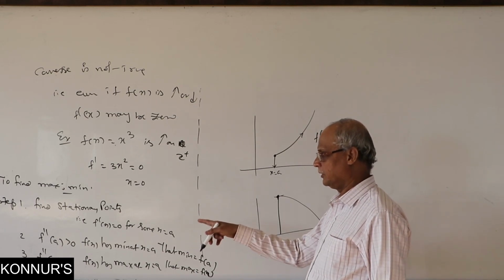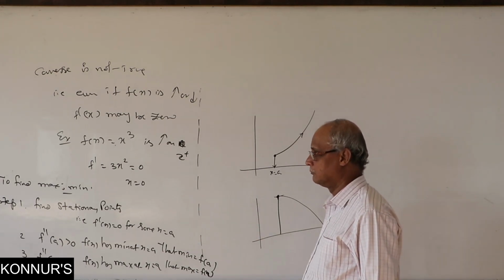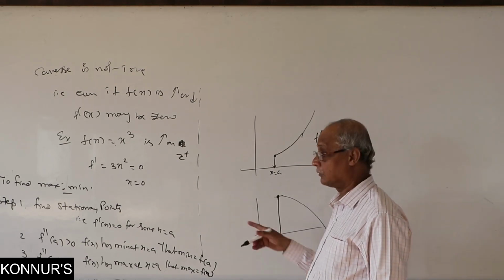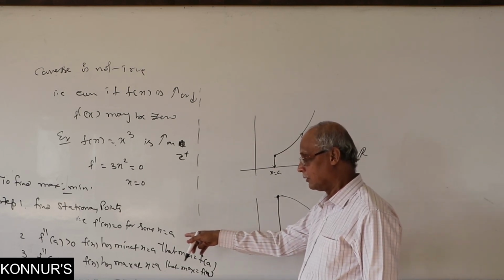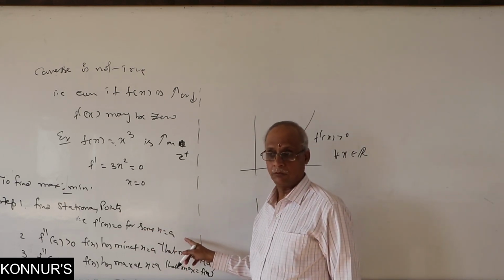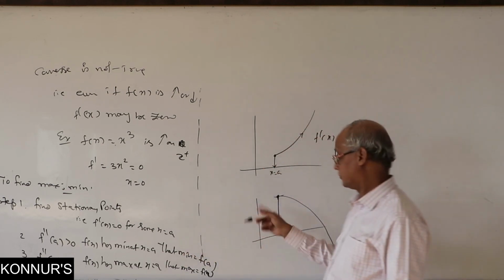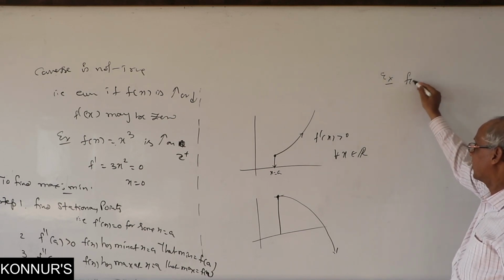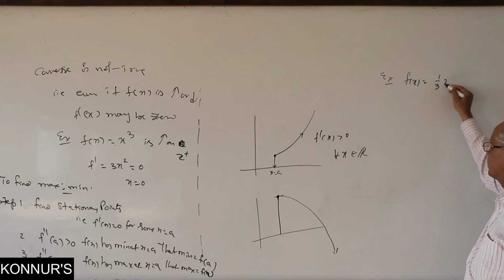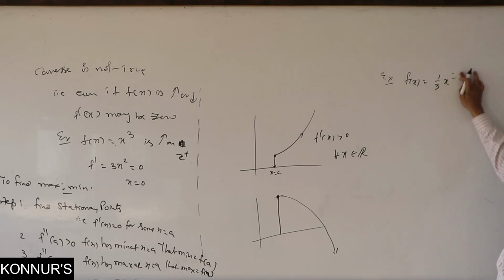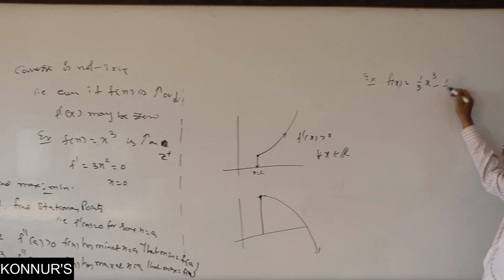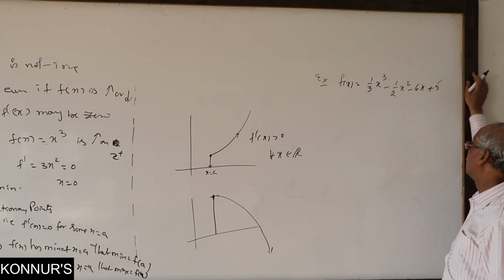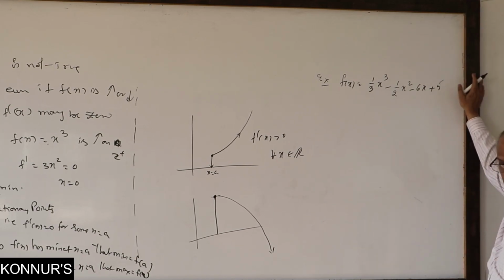And we wrote the statement independent of interval. No interval. In general you are only calculating. For some x, I wrote the derivative equating to 0, and you will get x values. Suppose I show you an example without interval. The same example we discussed earlier, if I write it again: one third x cube minus half x square minus 6x plus 5. This example we discussed for increase and decrease.